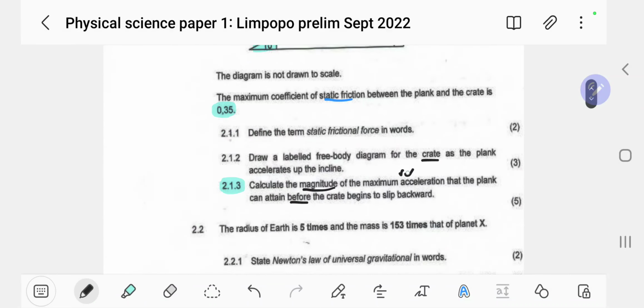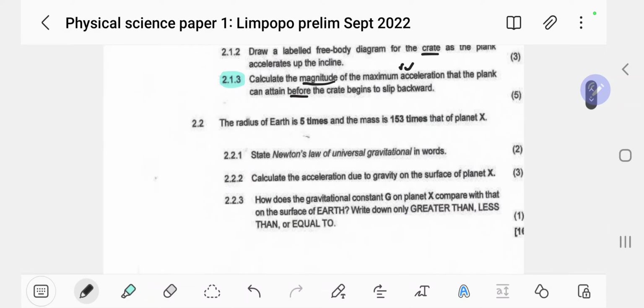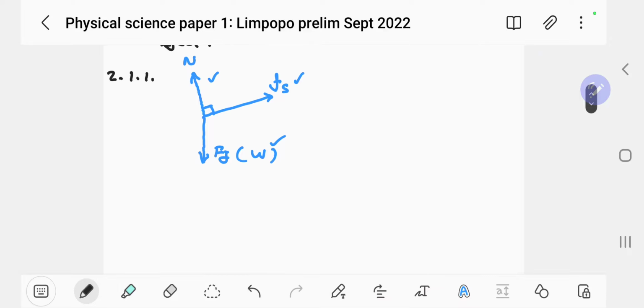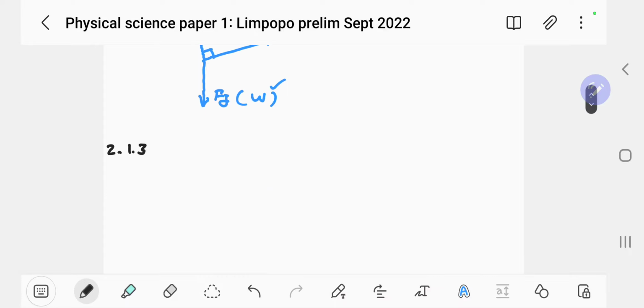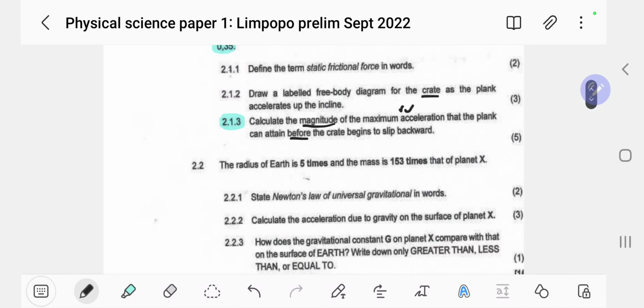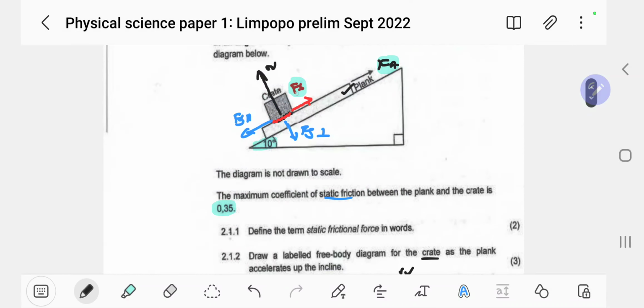So of course here, once we hear the word acceleration, we think of Newton's second law of motion. Let's deal with this one that way. So we have 2.1, maybe this should be 3, and that should be 2. Now guys, we know that acceleration basically should be exactly the same acceleration that this plank is having. I mean, this crate is having.